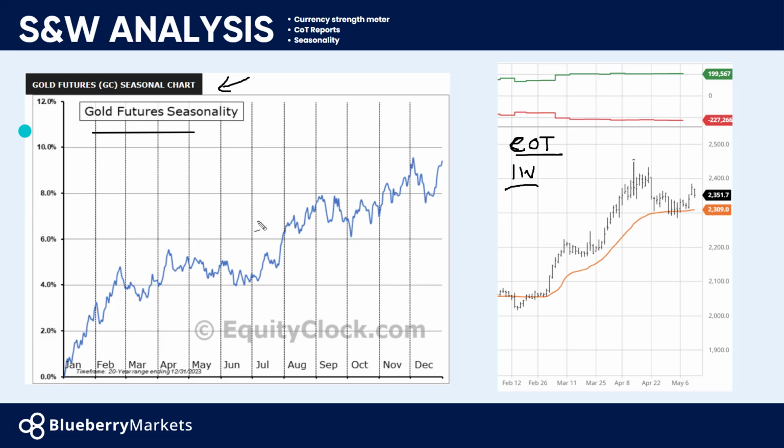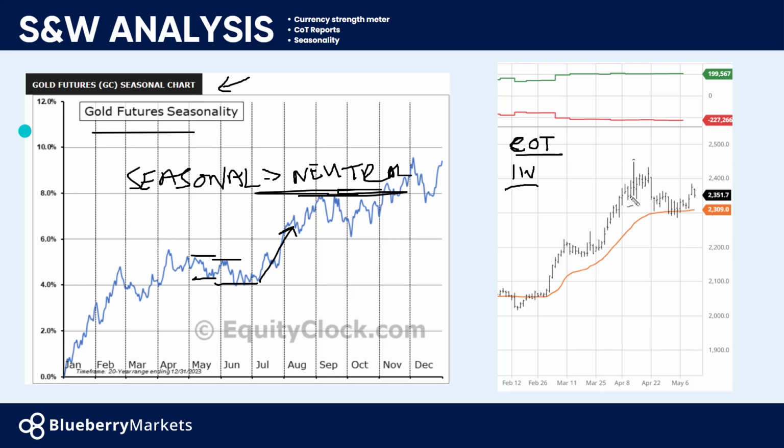So on an average of 20 years, May is pretty flat for gold. Typically, we usually see a range for May and June before seeing a decent rally in July. So on the seasonal side of things, we're looking a little bit flat, or what I would say is really neutral. Not really any kind of big signs of buying and selling there. So on the seasonal side of things, we're fairly neutral.